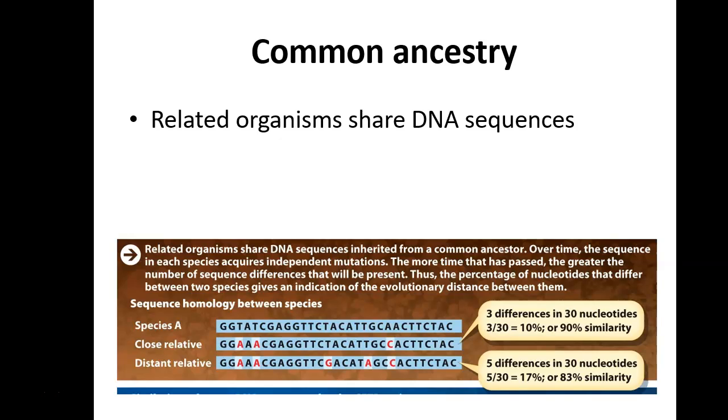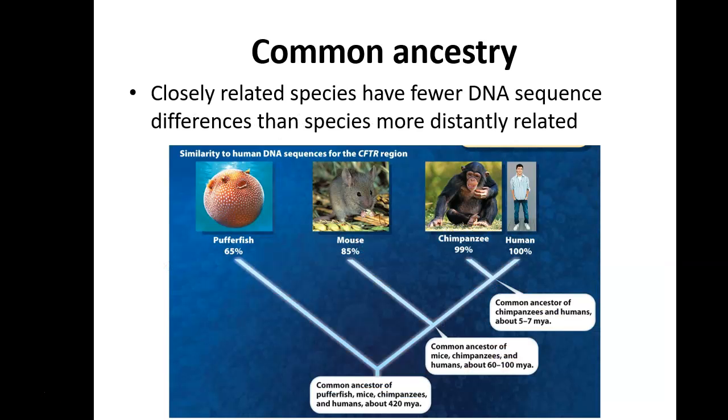So you're going to have a lot more nucleotides in common with your mom and dad than you would with, I don't know, a totally different family. Even though you are all human, we're all Homo sapiens, the more similar your genetics are, the more closely related you are. And so you can even extend that to other organisms. That's what DNA analysis is going to allow you to do.